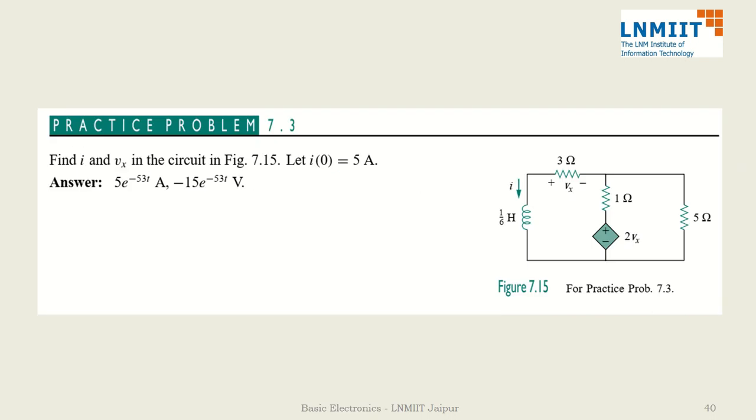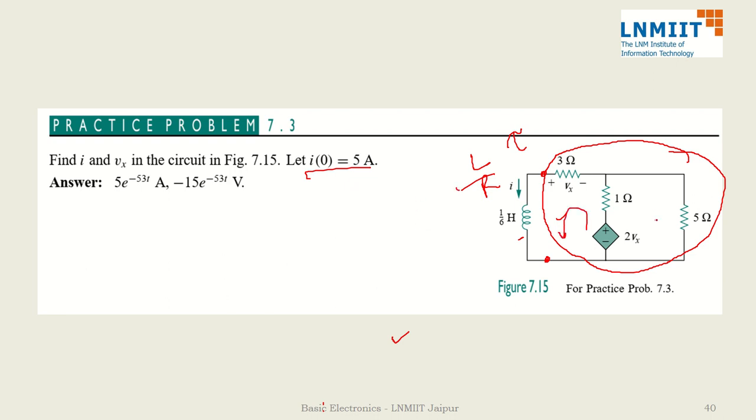So this is a very similar circuit. Try this. There are two ways of doing it. One, you consider only this much circuit and calculate the R equivalent of this. L is given, so L by R equivalent will be tau. I naught is given, and e raised to the power minus t by tau is your expression. Or the same way, consider there are two currents, I1 and I2, solve the complete KVL and get the expressions.